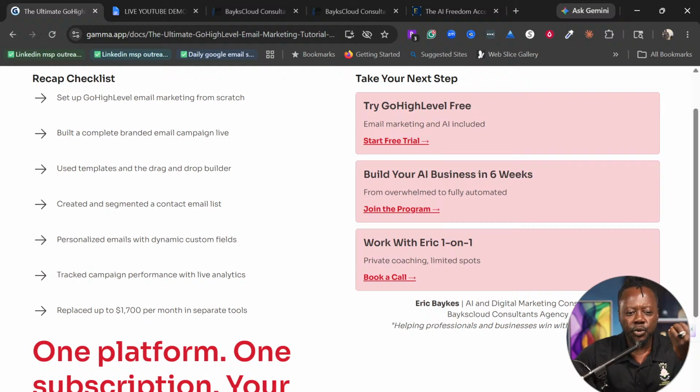We also showed you how we can personalize emails using custom fields, dynamic fields. I also showed you how to track campaign performance. We talked about the bounce rate, what is important to monitor, cleaning your data, and also 1500 to 1700